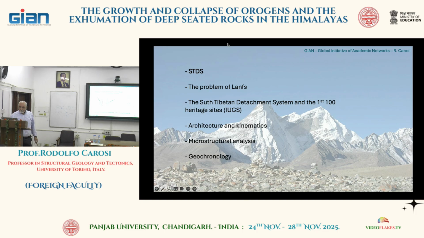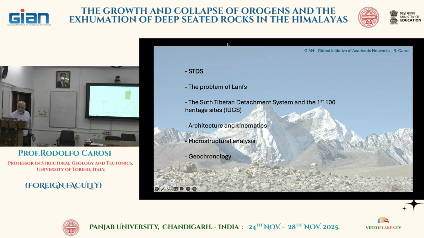But in experiments, you can break some samples. You put sigma 1 here, and the two conjugate fractures make an acute angle. So this angle should be more or less 30 degrees. So the dipping of the normal fault is usually around 60 degrees and so on. Because, as you can see from this